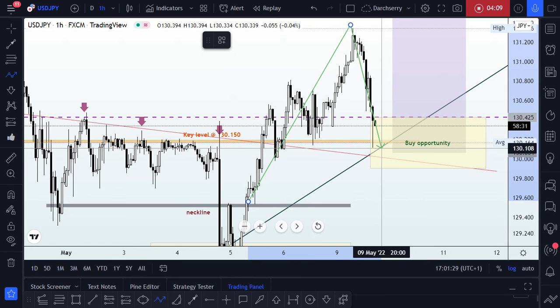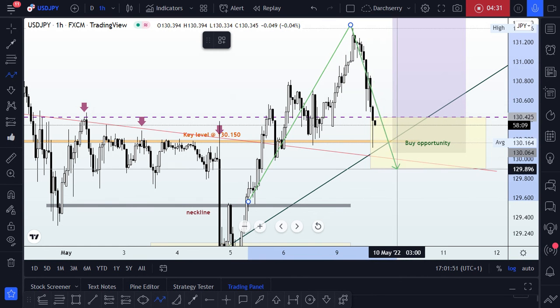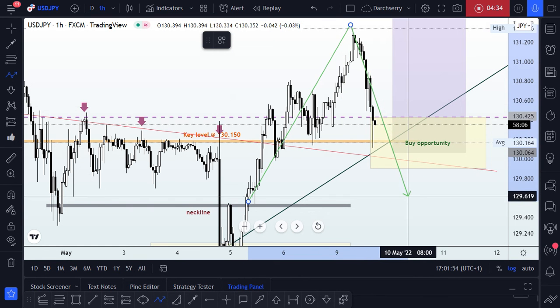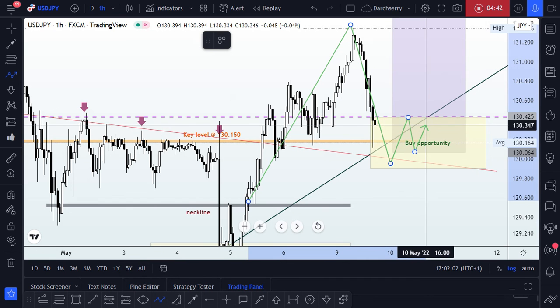Price appears to be back on that trend line key level, and also the bullish trend line we identified on the daily time frame. So what makes this very interesting is that we have three parameters that share the same confluence at this point in time, making it a more reliable buying setup that we can take on, so far as price does not break down both the bullish trend line and this bearish trend line. So what we're going to be looking out for in the buy opportunity zone area at this point is a reversal setup, a consolidation phase that looks more like a trend, a reversal setup that would signal a breakout of structure